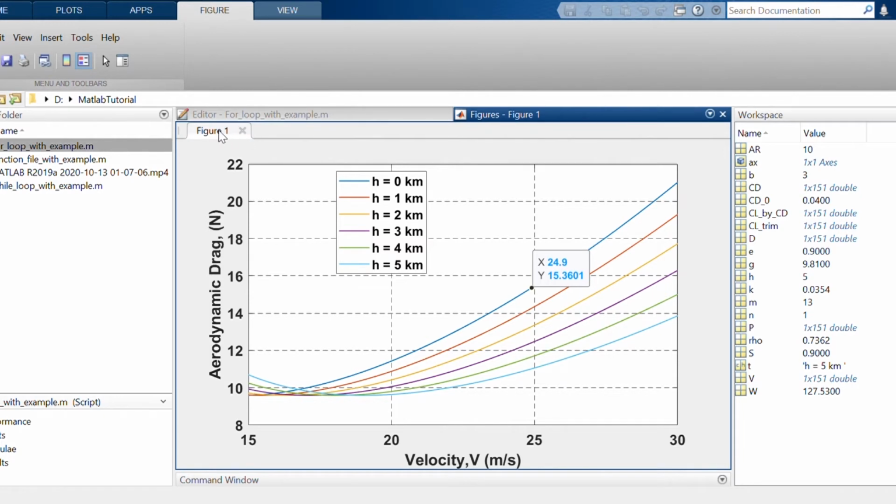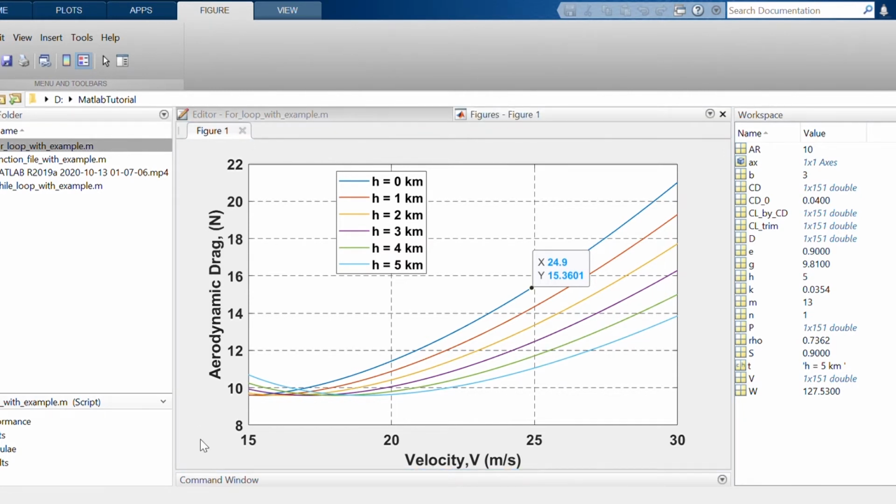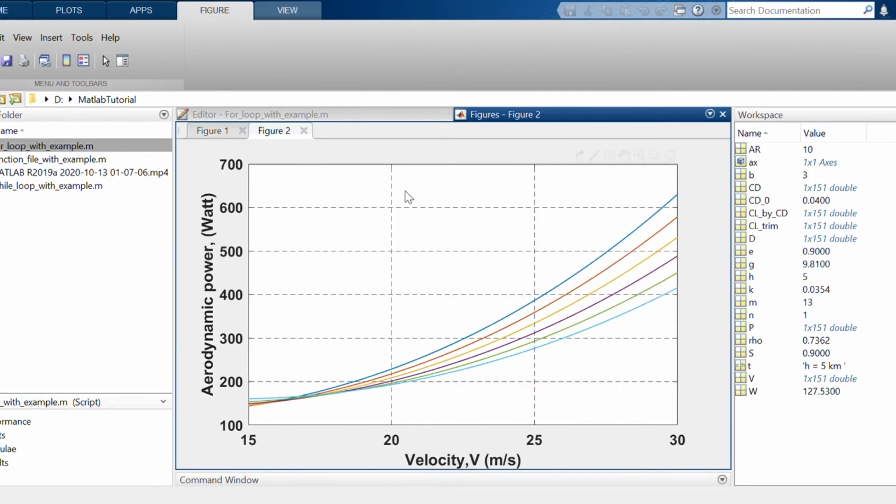And another diagram you can see is the aerodynamic power versus velocity. If you go to the aerodynamic power versus velocity, you will get it like this. If you just insert the legend, you will get the variation of aerodynamic power versus velocity. From this diagram you can get the information about what aerodynamic power is required in order to fly at this design speed.